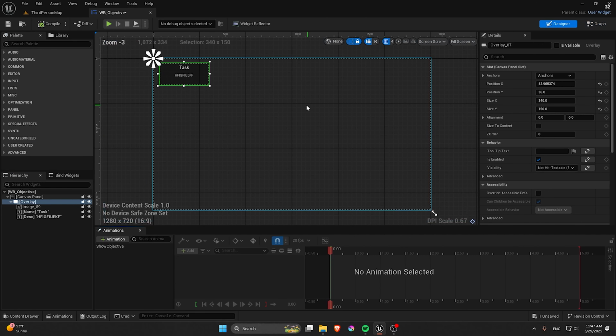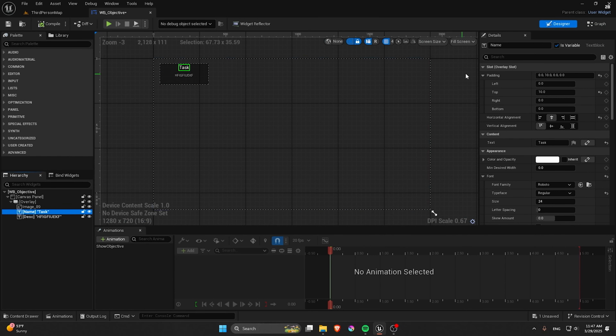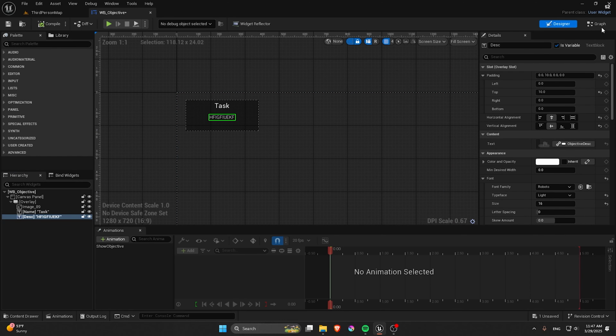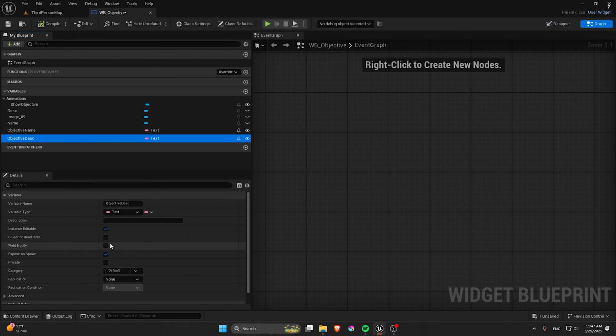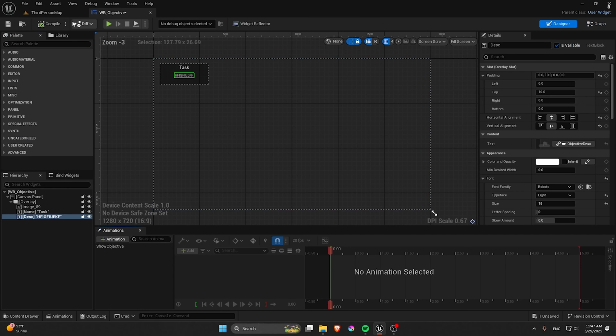And in the designer, we click on the name, I guess. Go right here, bind objective name. For the description, bind the description. So anything that you write in these will be inputted right there. So now,